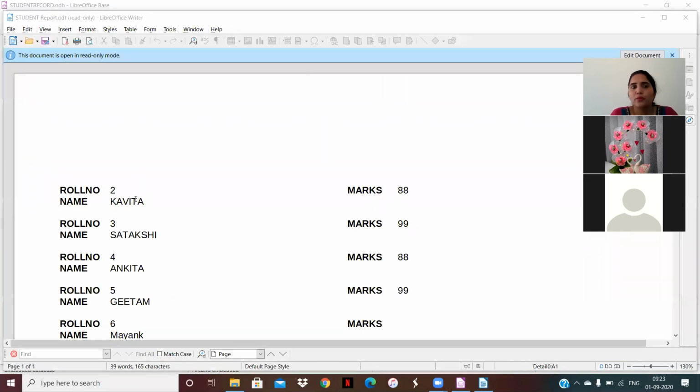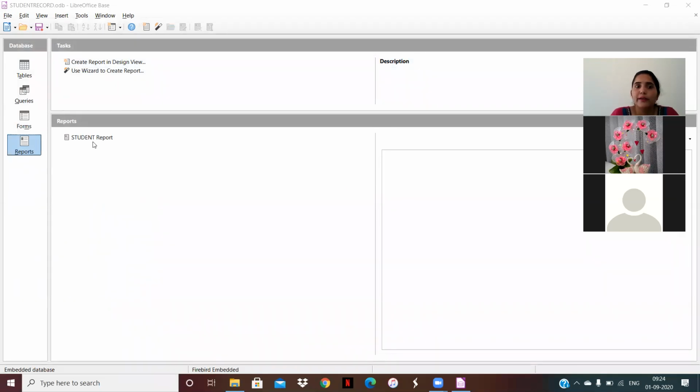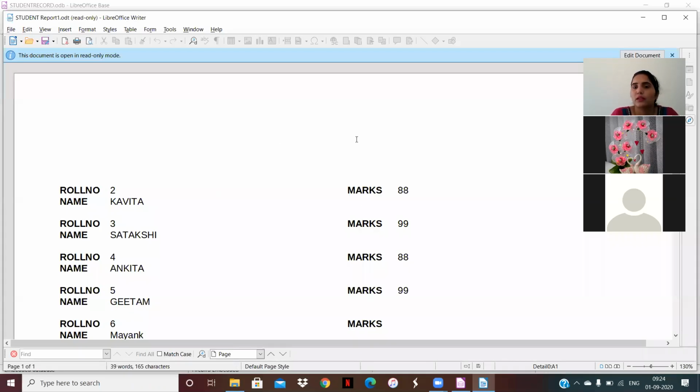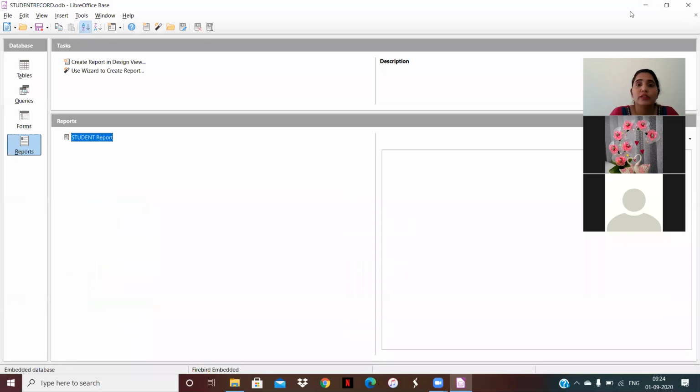When you click on finish, it shows one report to you and it shows roll number, name and marks on this side, because we set this layout, that's why it shows data in this manner. Clear, my dear students, how to create the report? Now I want to close this report. Yes. Clear, now it shows here student report, and whenever we run this report, it shows data to us like this. I hope how to create the report and how to create the forms, all these points are clear to you.